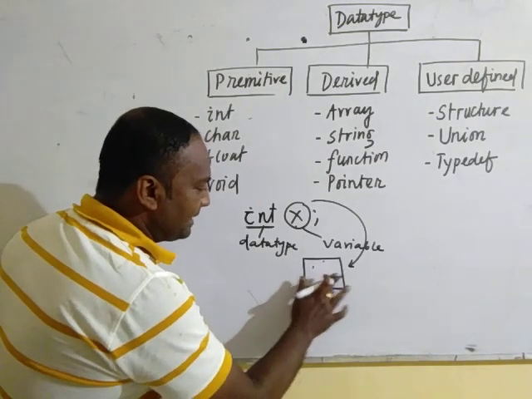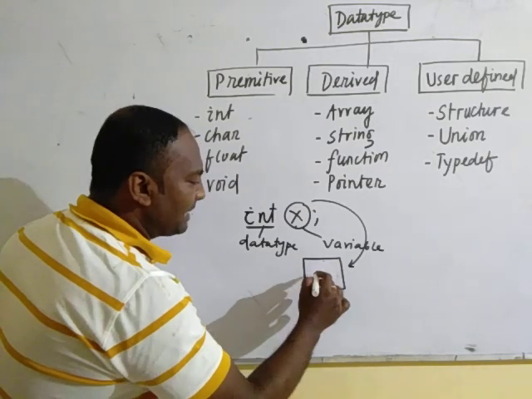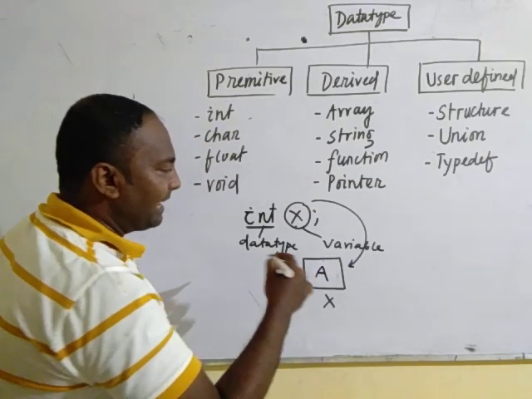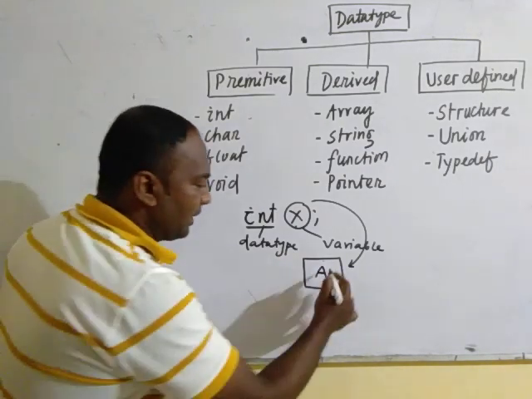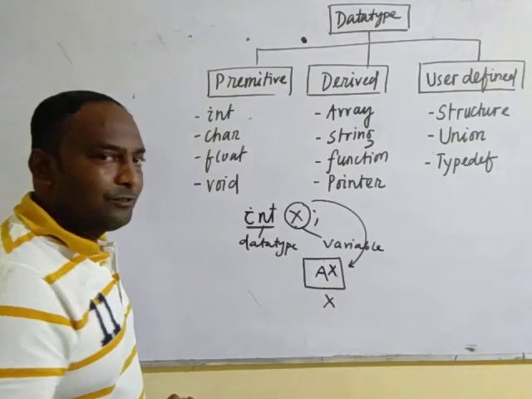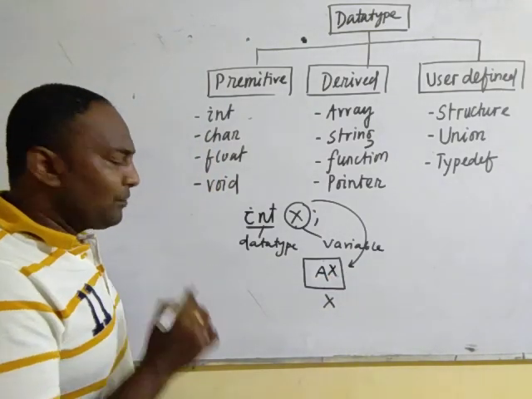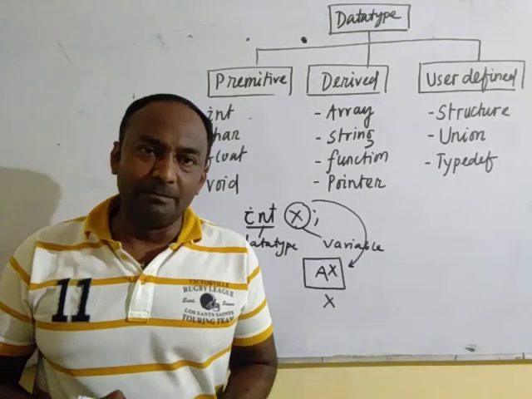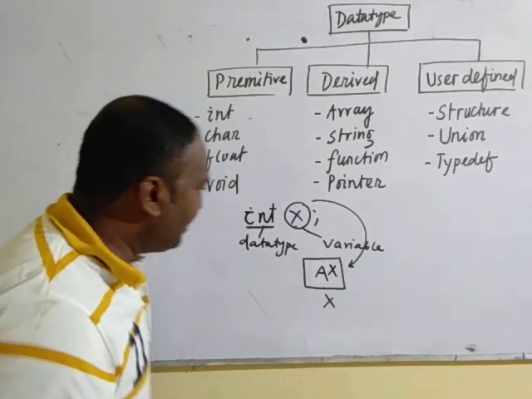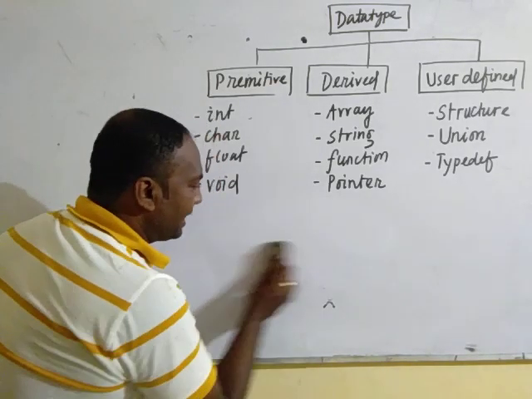It also cannot contain any other values like a. I'll write down x is equal to a. It cannot store a, because a is an alphabet, it is not an integer. So it can store only integral values or numbers. Okay. So data type defines what type of data a variable can store.